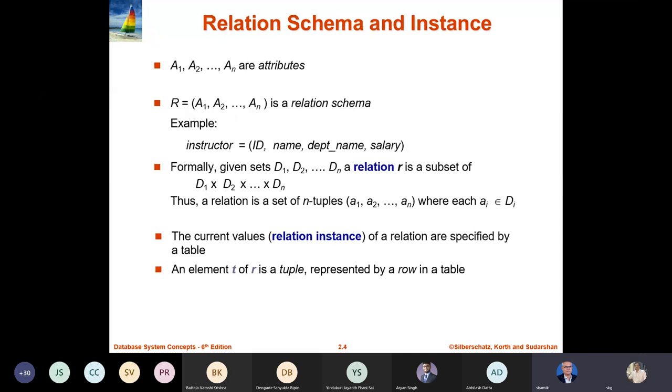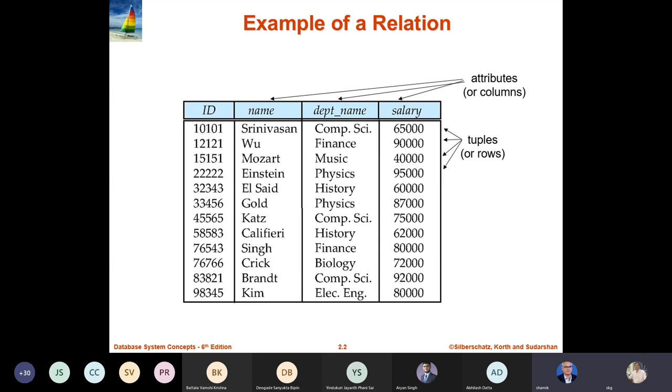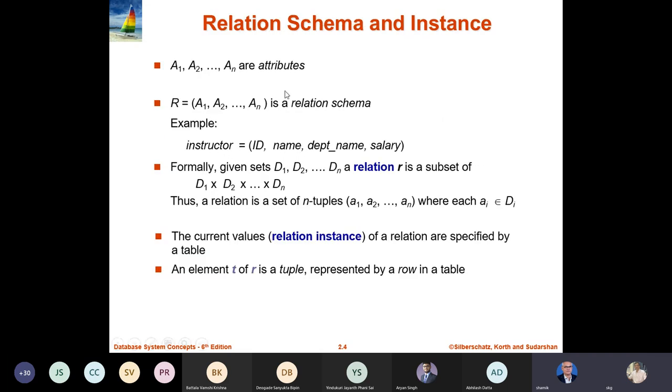So what we see is, if there are attributes, say A1, A2, ..., An, then the relation is considered to be R. A relation R is A1, A2, dot dot dot, An. Like in this case, what is there? The relation is ID, name, department name, and salary. Right. So this relation is instructor, as I was telling, employee maybe. Let us consider the relation name to be instructor, which consists of this attribute set, and we define it as a